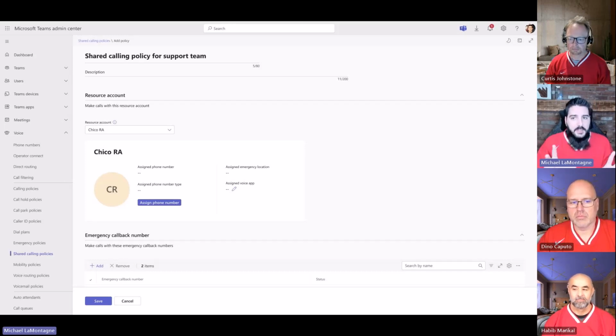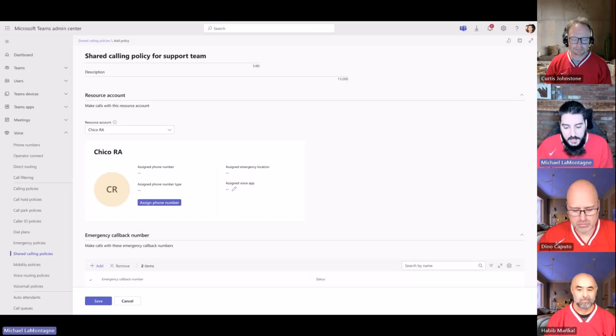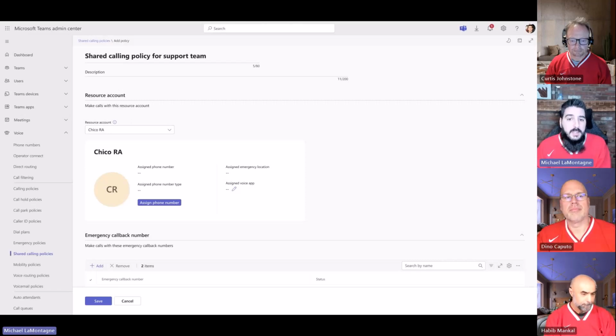So we'll talk about how this works, but in a traditional extension world, you'd call out and the PSAP couldn't call back to you because you were an extension off a main line. So it'd be the main line only. So there were things like ELINs and different numbers to kind of call back into dispatch and stuff like this. But this actually has some pretty interesting functionality where you can have a pool of emergency numbers, and then basically